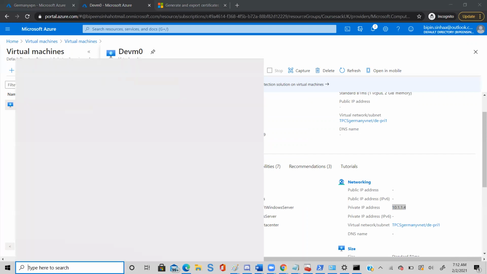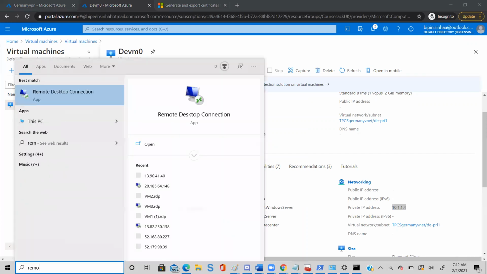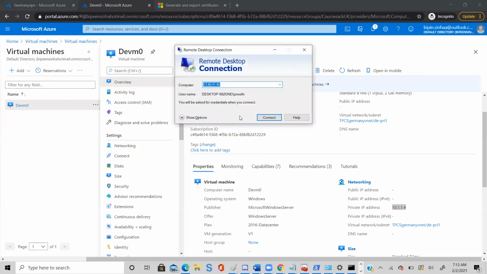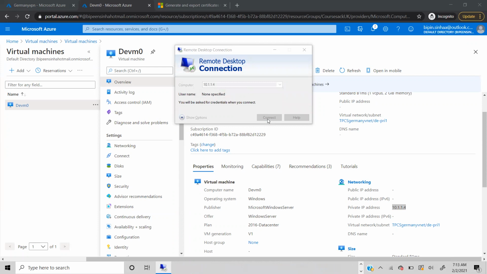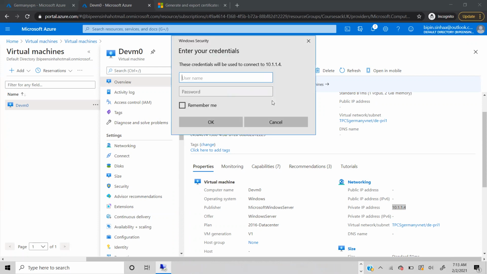So I can go to my remote desktop, type the IP and hit connect. It is asking username and password. It means that it is connected now.